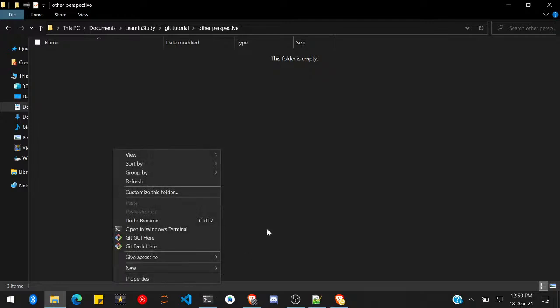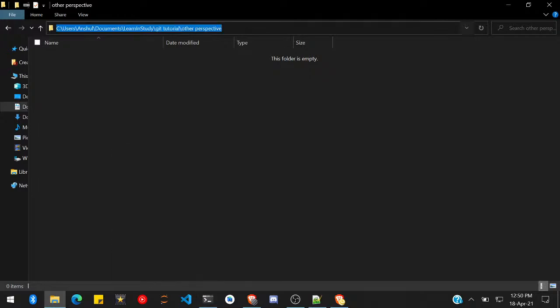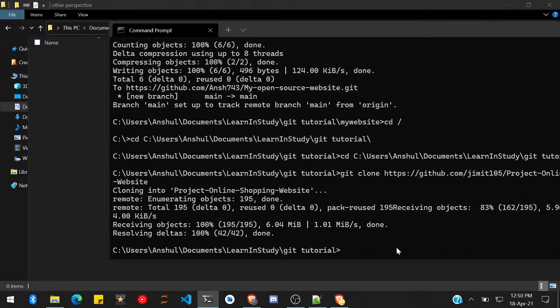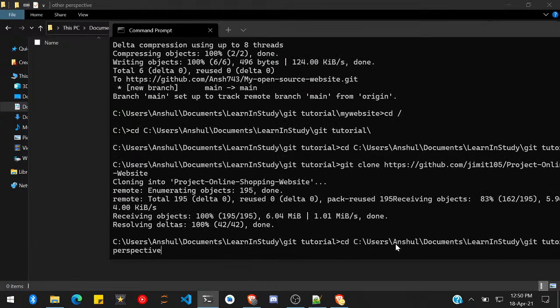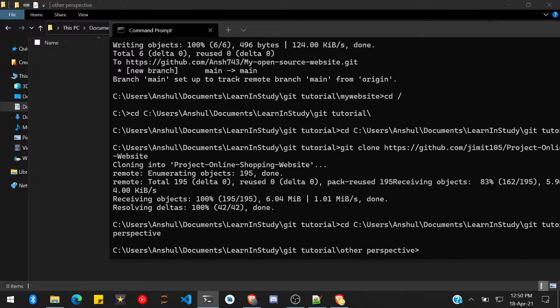Now in this repository, this is an empty folder, and I want to clone that particular website which is created by Unch743, and I want to make some changes. So I'll say I want to clone